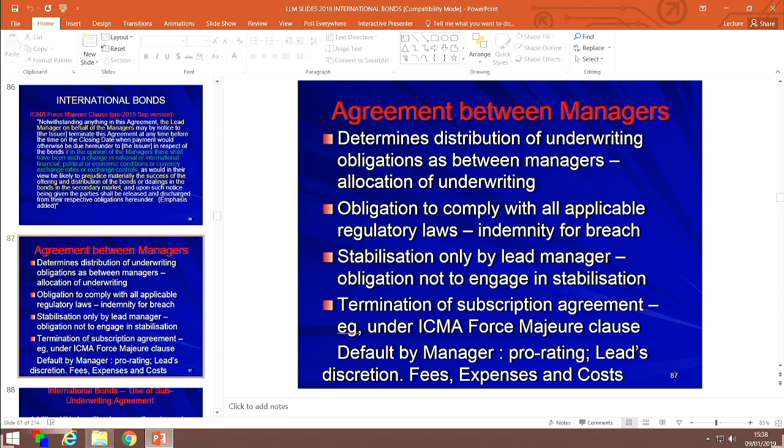The best example you can think of is non-compliance with stabilization rules. Somebody goes and does something which is a breach of regulatory law on stabilization. We haven't come to it yet, which I'll go through in some detail, but if there is such a breach, then you have the bond issue being brought to a grinding halt usually by the SEC. And then you have losses being suffered by the underwriters, by the issuer, and everybody else. That indemnity, therefore, covers that loss resulting from non-compliance with applicable regulatory law by one or more of the underwriters.